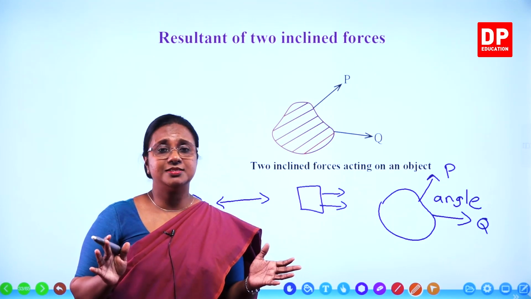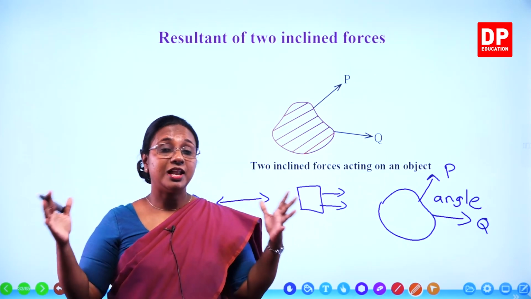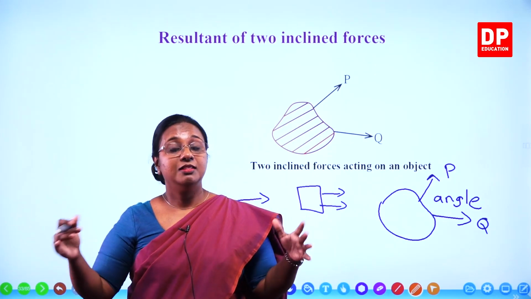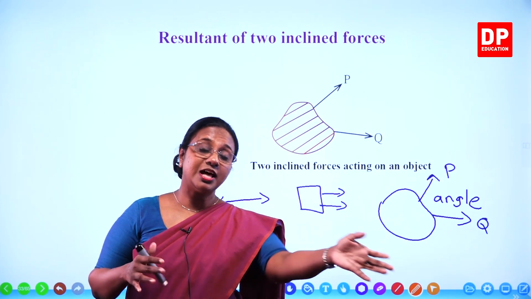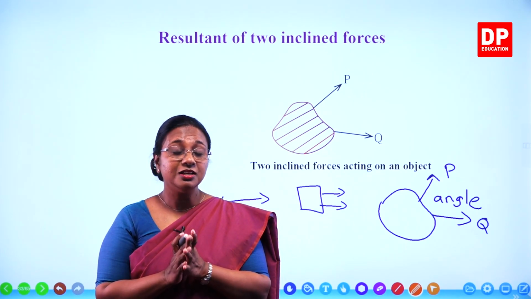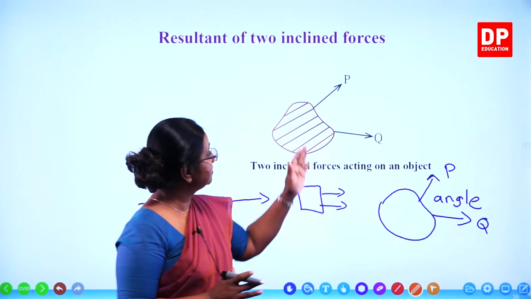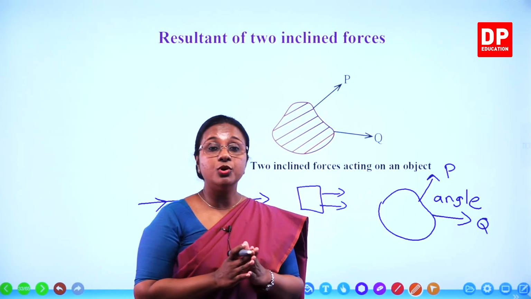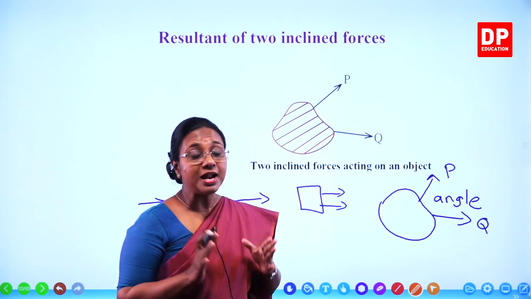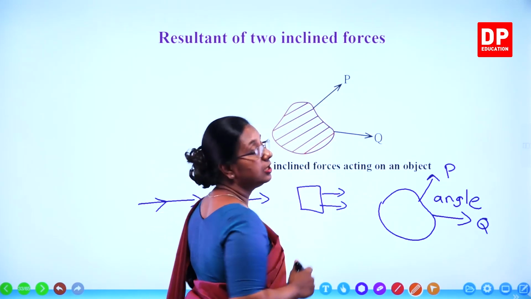You have seen this happening, students. Sometimes for fun, you have a large load of weight, you tie the twine around it, one person pulls from one direction, the other pulls from the other direction at an angle. Then what happens to the object? Does it move towards P? No. Does it move towards Q only? No. But it moves in a direction between P and Q.